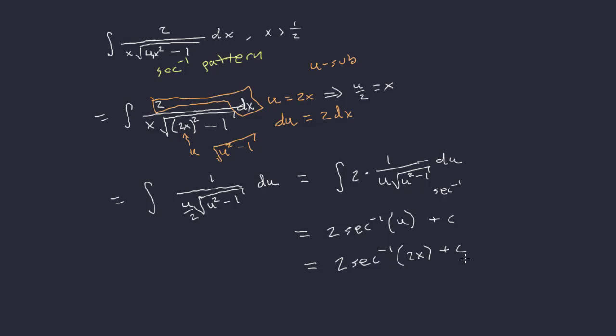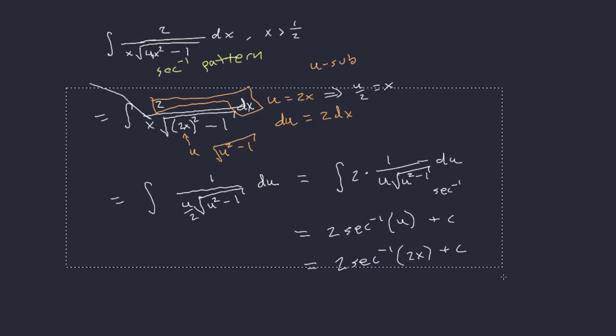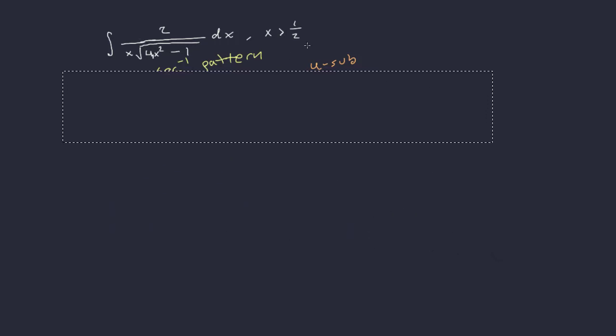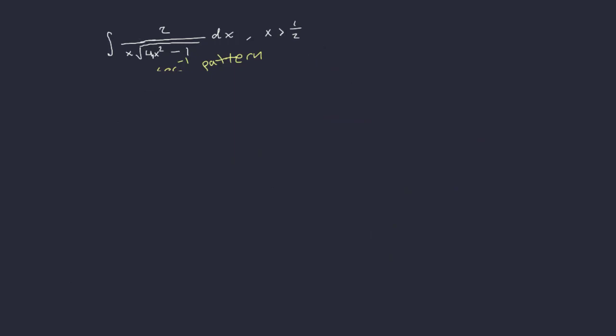Okay, let me show you the other way you could do it. This is the u substitution way. Another way you could do it is just factor. Instead of doing a u substitution, just factor out that 4. I think most students will like this better. If I factor out the 4, just like we did earlier,